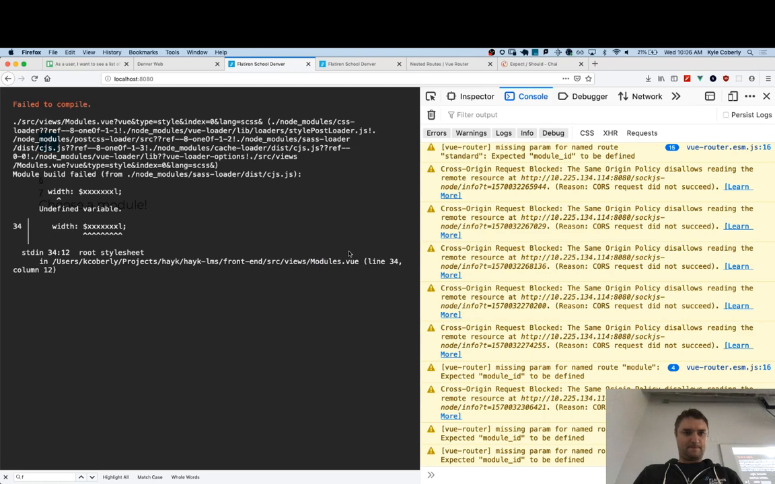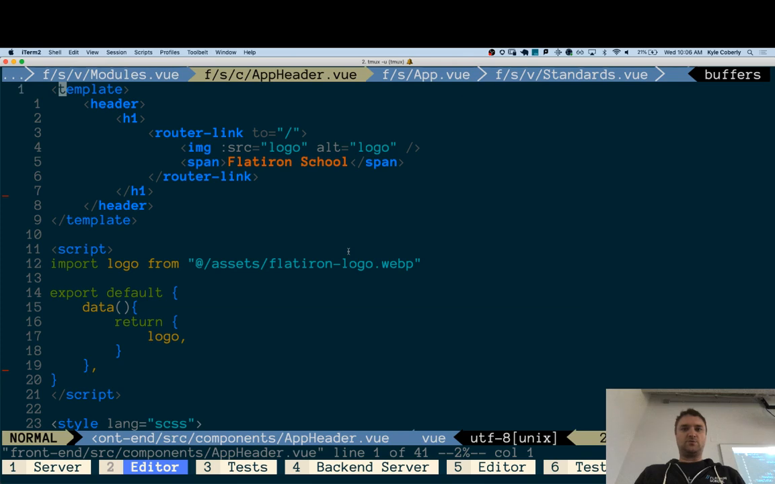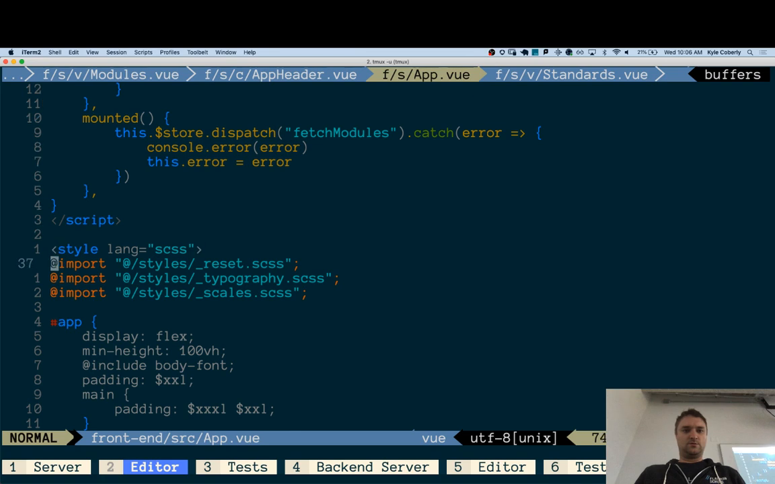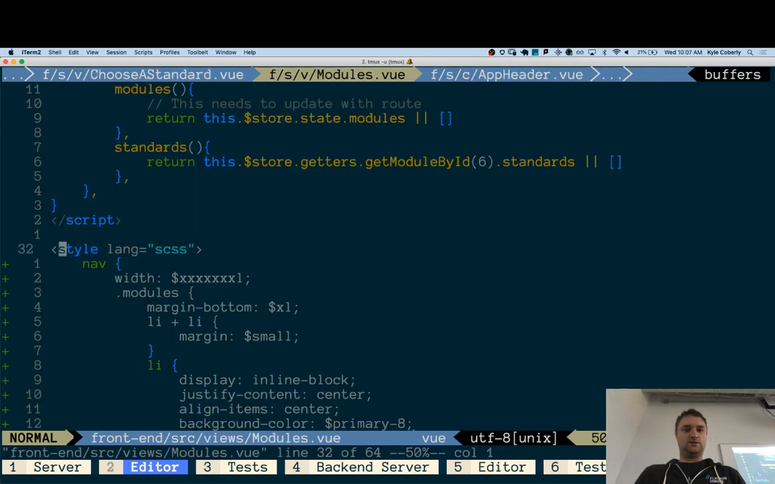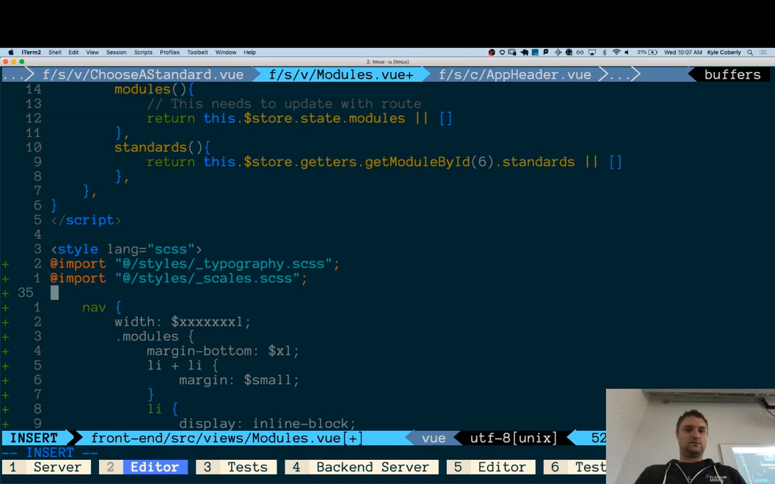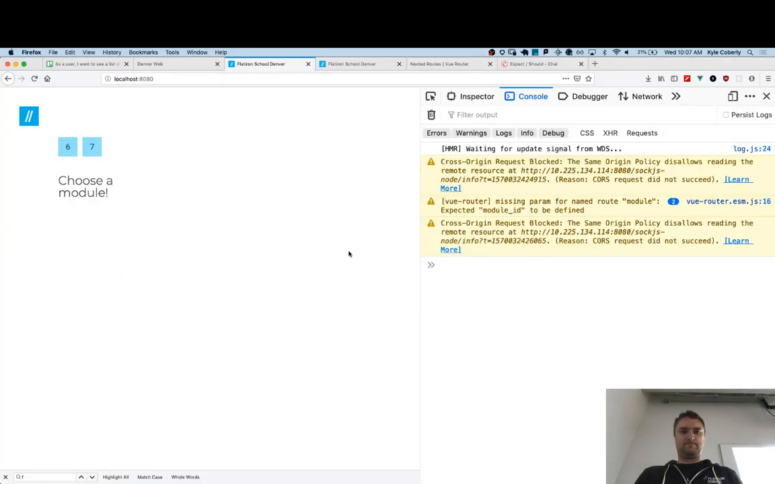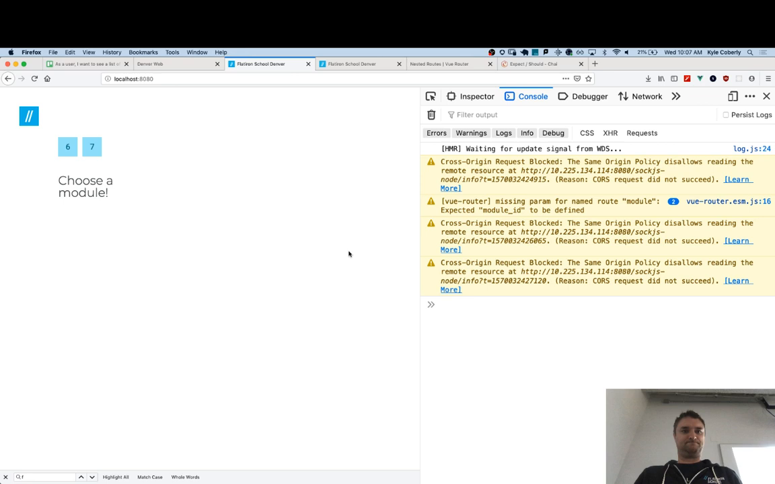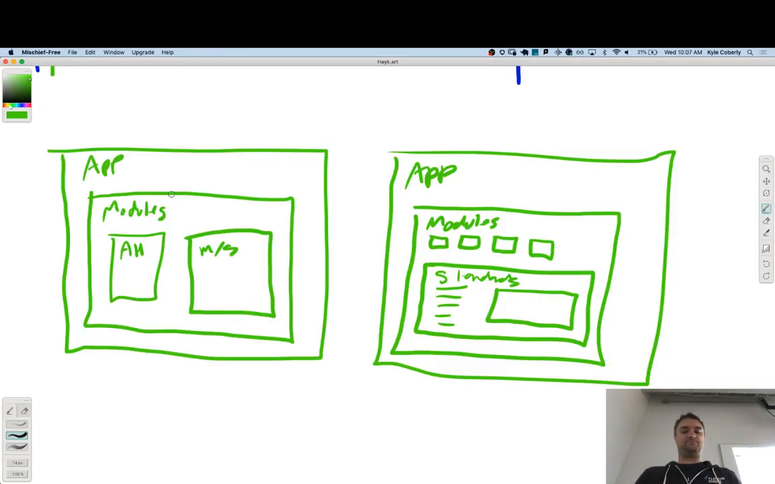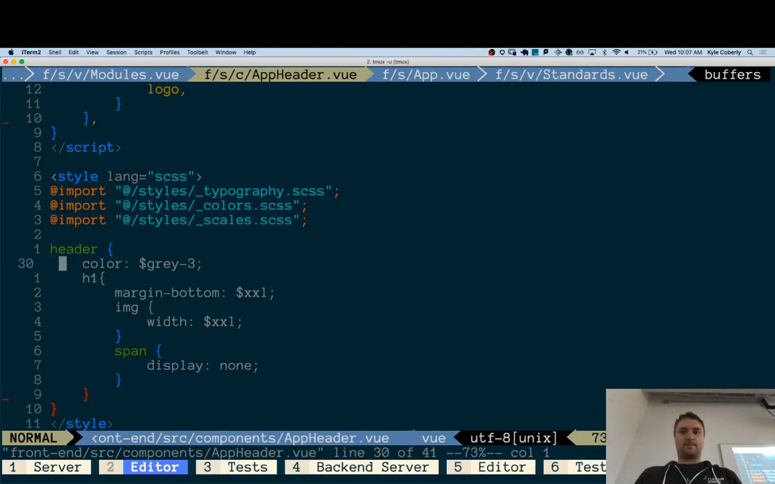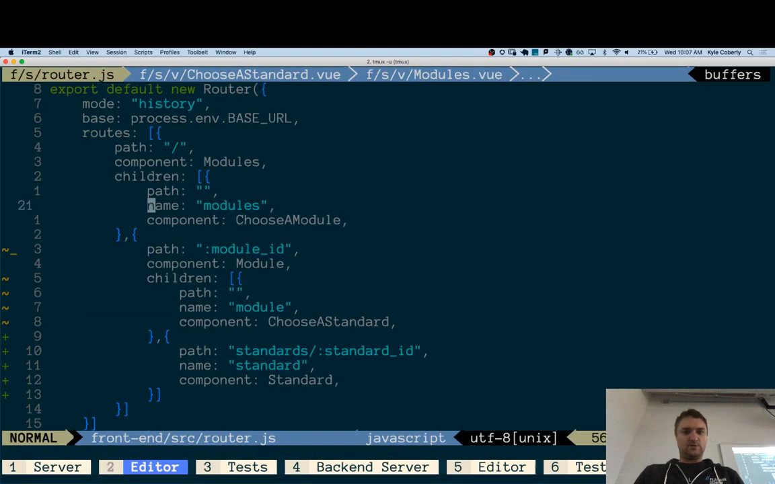Cool. So let's see what's broken. In our views modules, I need to grab some of these. Okay, awesome. So it's asking us to choose a module. That's exactly what we want to happen. So choose a module